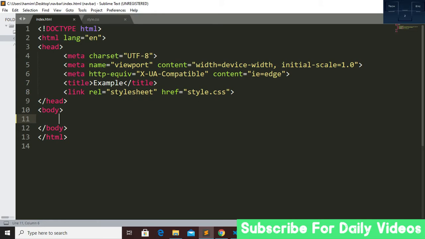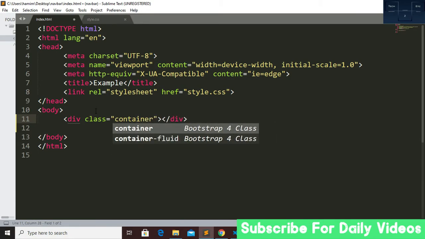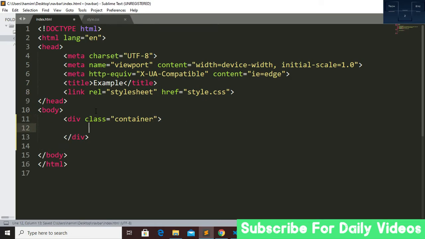So first we have to create our basic HTML body and CSS file, and link our CSS file. Now we have to create a div tag, and the class name will be container. Inside this div tag we have to create an input tag.